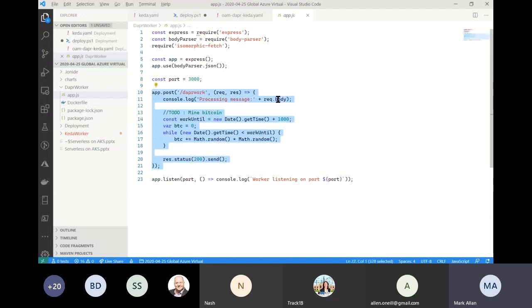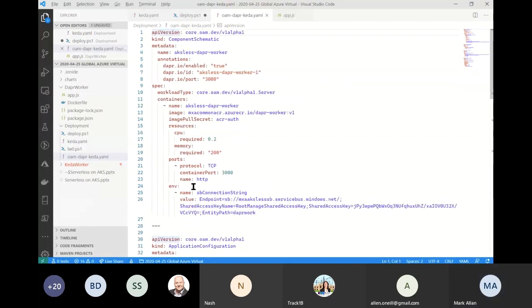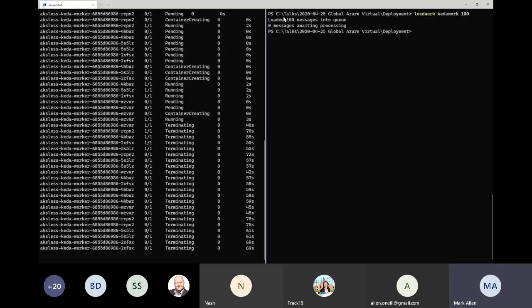That's our function. That's the thing that responds to the trigger that we're getting, and we've defined the trigger in YAML. The other thing just to show here in YAML is here in the open application model definition, I've said I want to run this component as an auto scaler. So basically, when that's deployed, we get exactly the same style of thing in theory, except without Azure Functions. So that was in Node again because it's easy for me, but I could have written that in Haskell or something else, as I'd required.